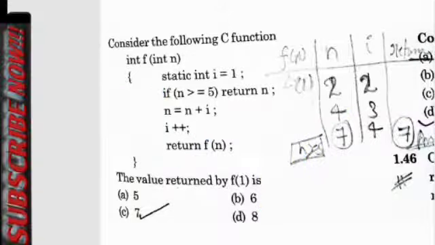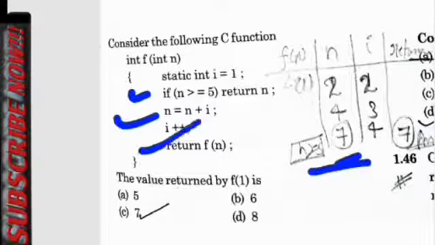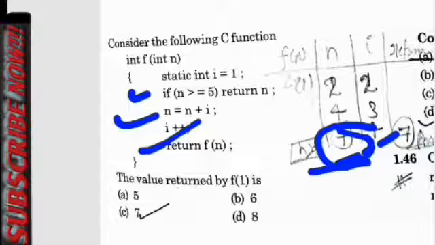So f4, now n is going to be 4. Given the value here, is n greater than or equal to 5? No, it is false. Now n is going to be n plus i, which means it is going to be 7, and return i equal to 4. Now comparing the value of n, if n is greater than or equal to 5, yes, this is true,